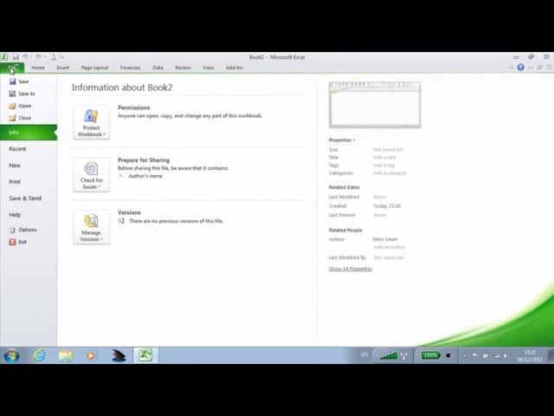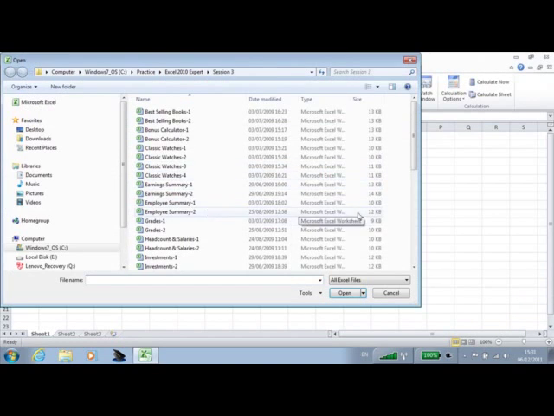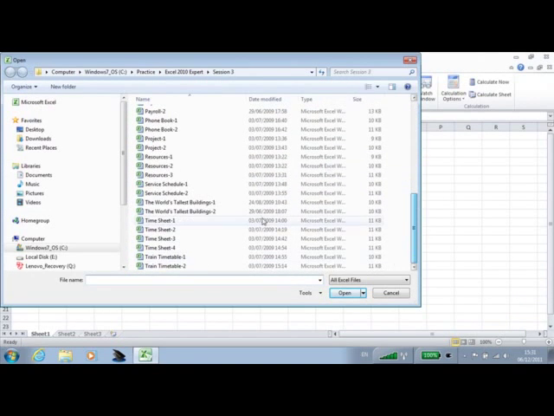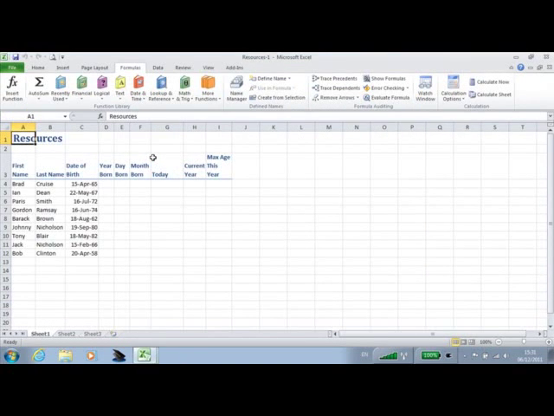For this lesson, you need to open the sample file Resources 1 from your sample files folder. Excel's primary date functions are TODAY, DAY, MONTH, and YEAR. In the previous lesson, you gained an understanding of how Excel stores dates as serial numbers. You can now use this knowledge in conjunction with the TODAY, DAY, MONTH, and YEAR functions to create some very